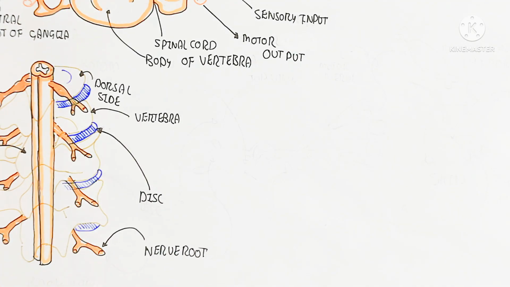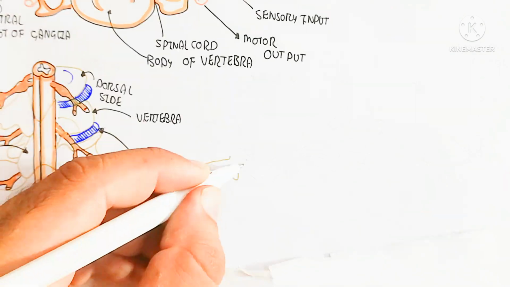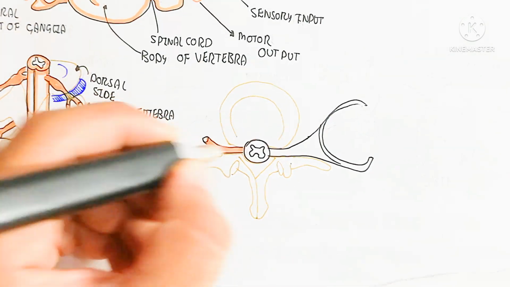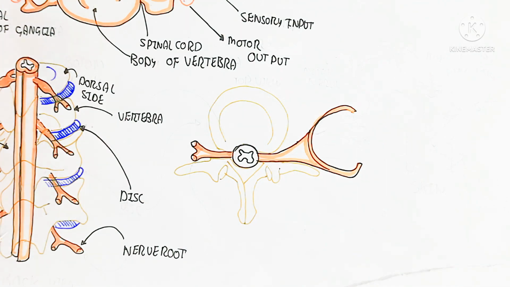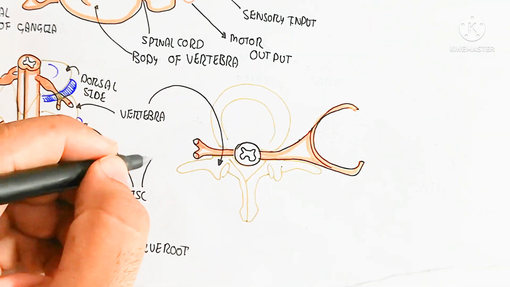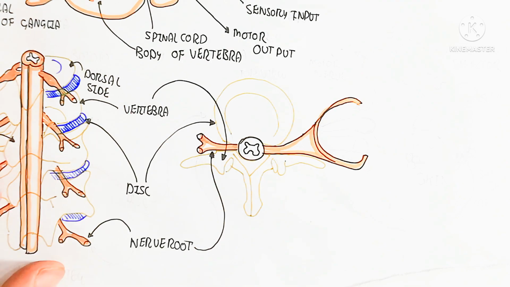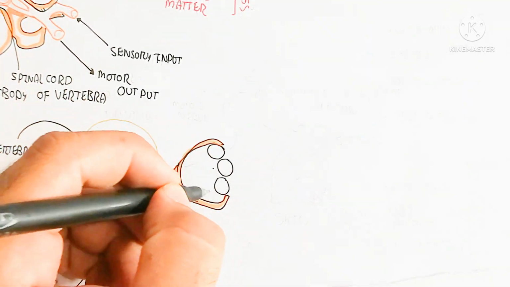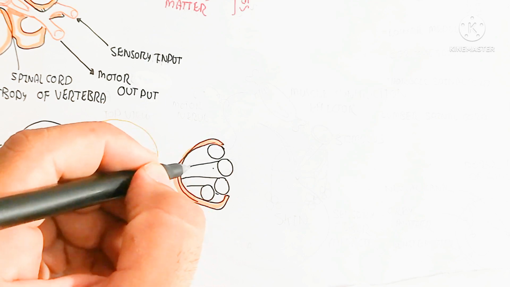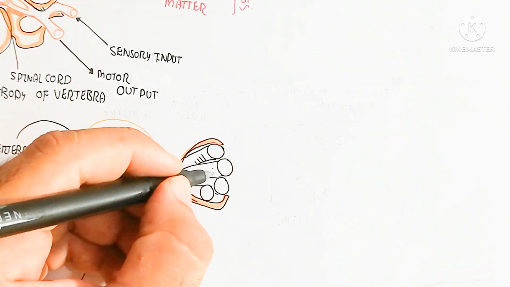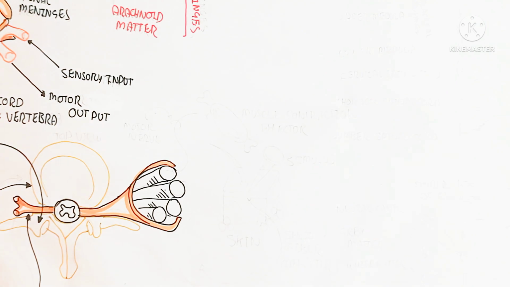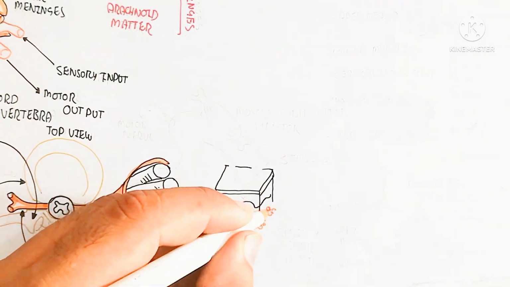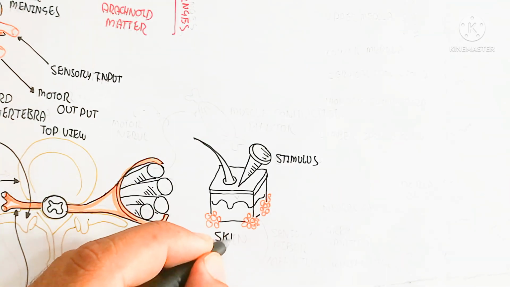So this is the disc between each vertebra, and the disc is used for shock absorption. Here is a cushion-like structure, and this is the vertebra, and this is the nerve root, the dorsal and ventral root ganglion. This is the disc, and this is the nerve root, and this is the vertebra. This is the arising of the root ganglia, which are collectively surrounded by the epimysium,